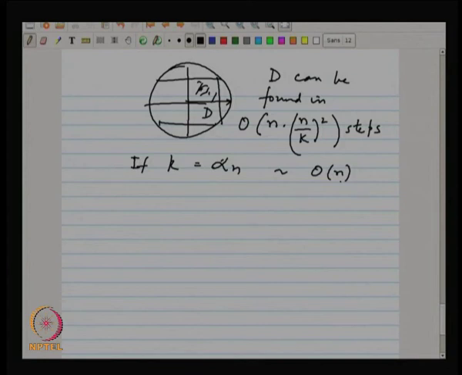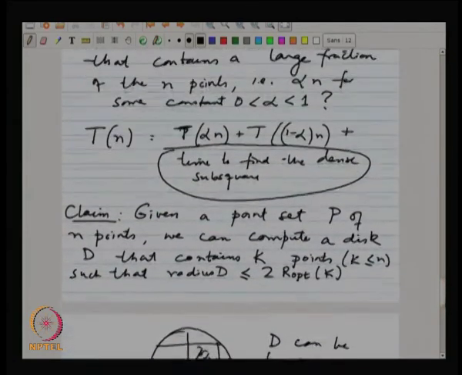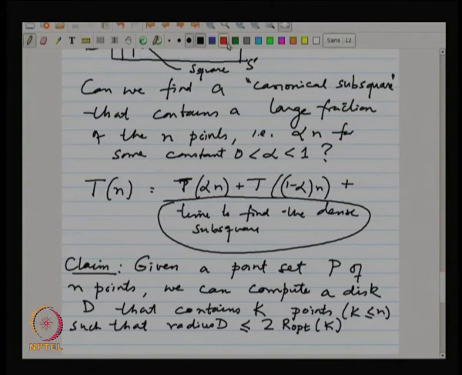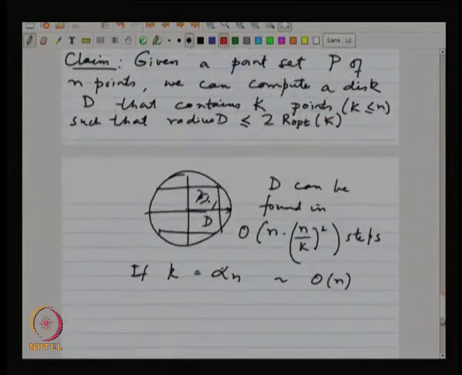So, if k is a fixed fraction of n, then the running time is just linear. And if alpha is some kind of constant, the whole thing will be n log n. So, you can actually build using this method